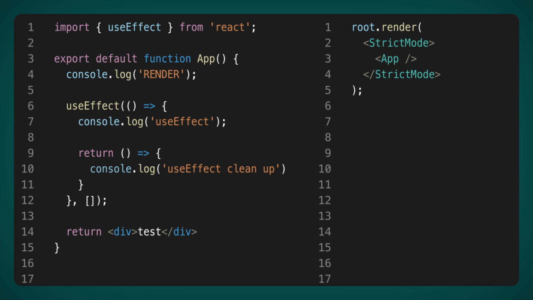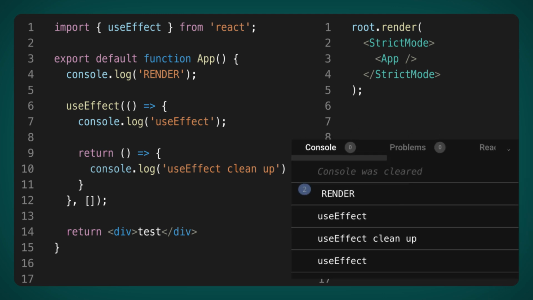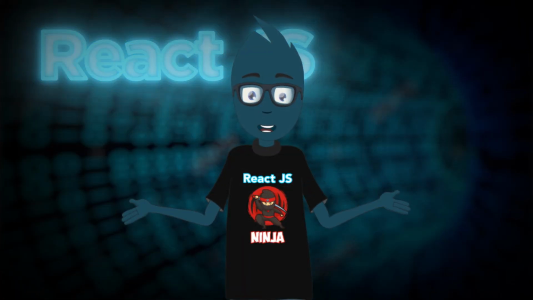What console logs will we see now? Giving 3 seconds to think. 3, 2, 1. And the correct answer, I guess, will surprise many of you. Firstly, we see 2 render logs. The next one is the useEffect log. After it, you can see useEffect cleanup and the useEffect log one more time. Agree, it's a bit of a crazy order of logs.